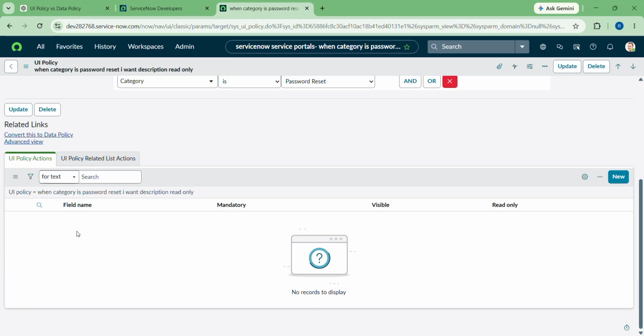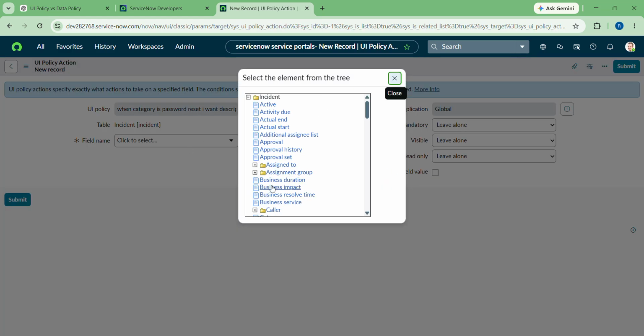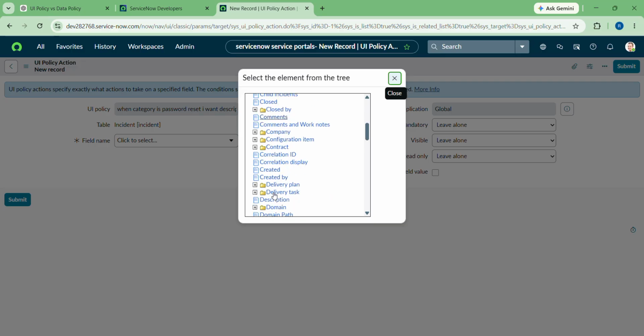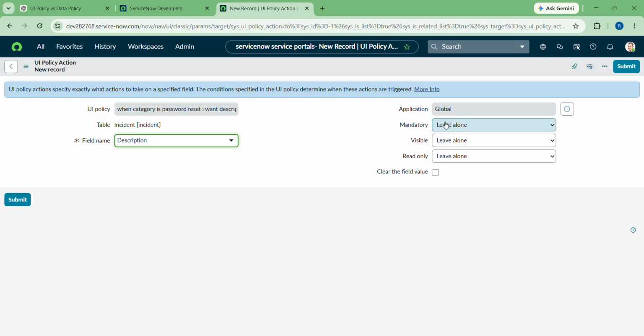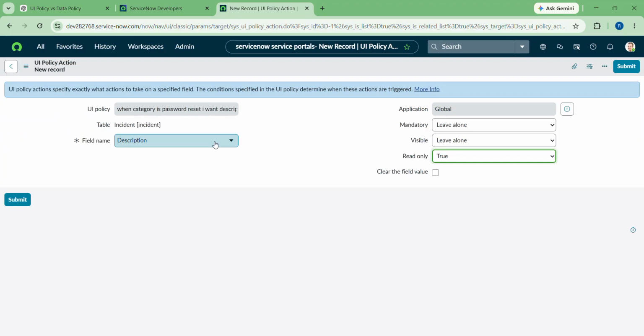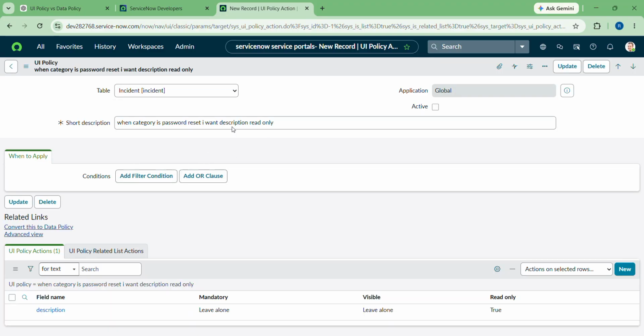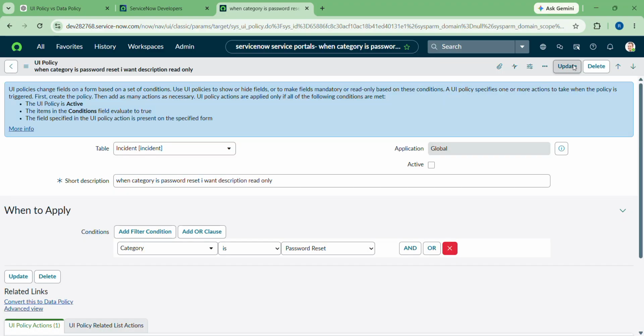Here I just save this and go to UI policy actions. I give one condition here. Click new and I select field as description and give here read only is true. In UI policy, we can see the visible field. In data policy, we can't see it. Just I submit. Then I check in the incident form. UI policy works on only forms, right? So I just update